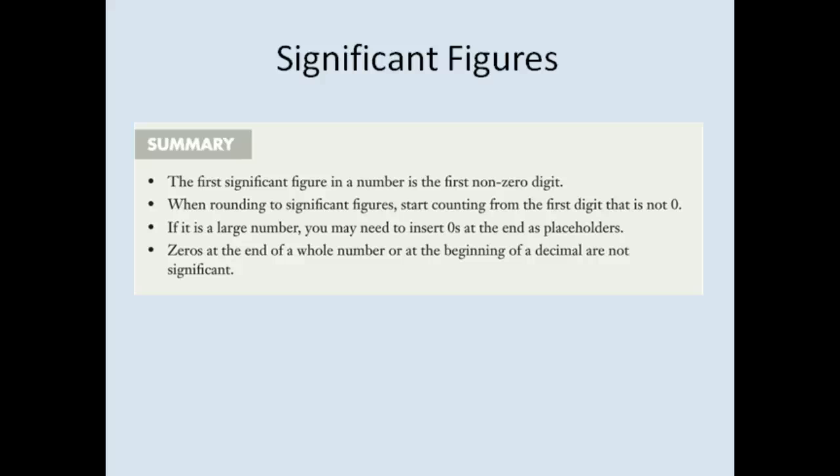Okay, I would like you to write out this summary for me, just so that it sticks inside your brain a little bit more. The first significant figure in a number is the first non-zero digit. So that's 1, 2, 3, 4, 5, 6, 7, 8, 9. They're all non-zero digits. When rounding to significant figures, you need to start counting from the first non-zero digit, basically. If it's a large number and we're asked to round to a significant figure, sometimes we have to insert zeros as placeholders. So if I was having to round something to,